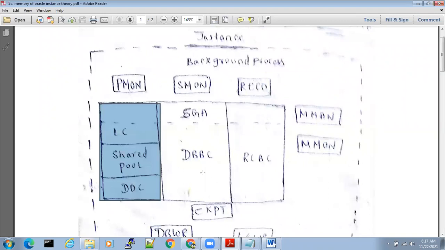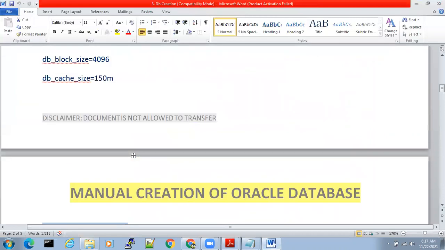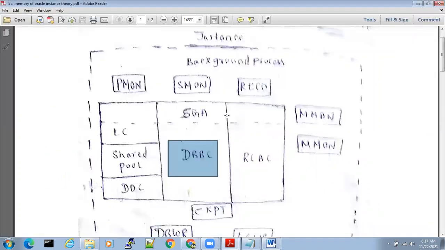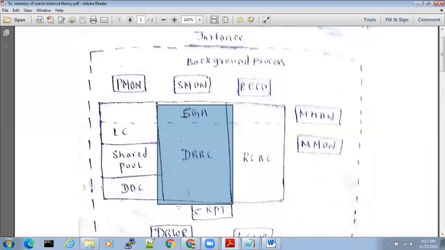Yes, sir. Next, what is this? Database buffer cache. So we give db_cache_size equal to 150 MB, means you are defining that the database buffer cache size should be 150 MB.